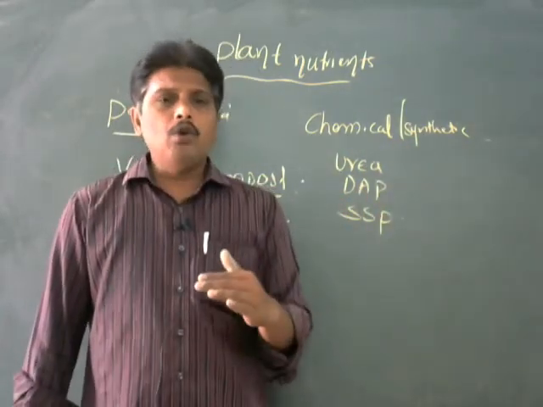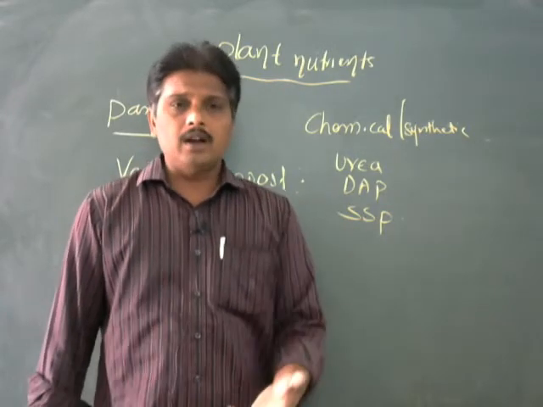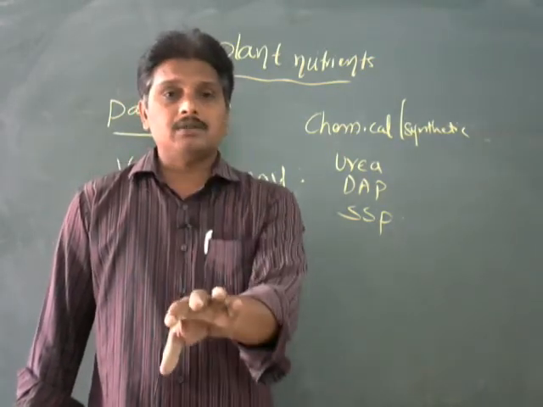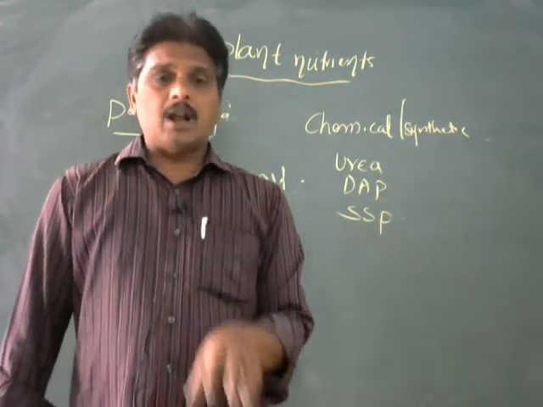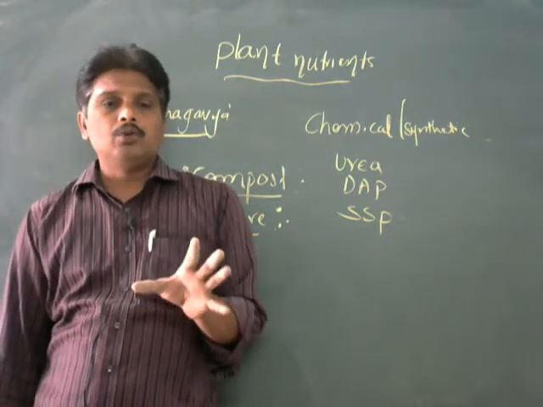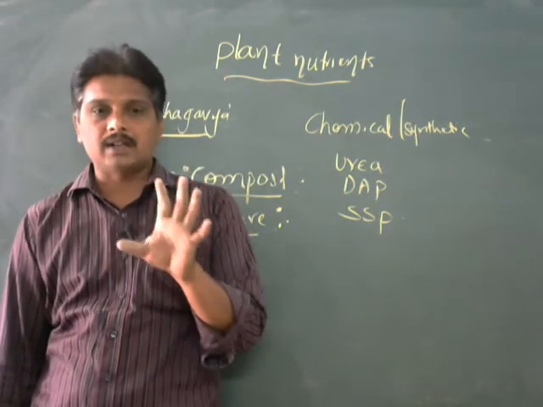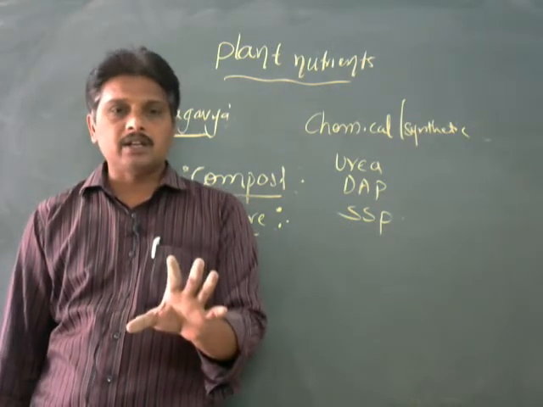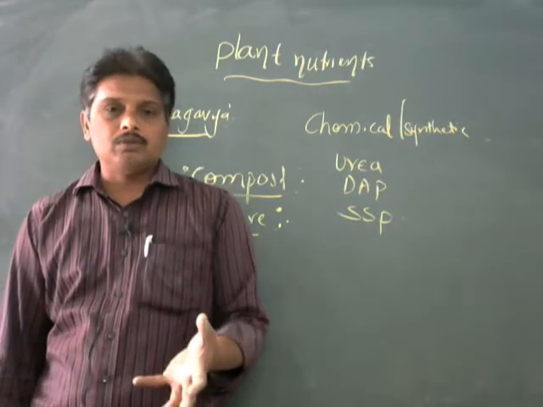First of all, before adding a fertilizer to the land, a farmer has to know what type of nutrients are present in that land, and what type of nutrients are not there, which ones we have to add. First, the farmer has to select a crop depending upon the availability of water. What crop he has to grow, he has to select. After selecting the crop, he has to know what type of nutrients are required, and he has to take a